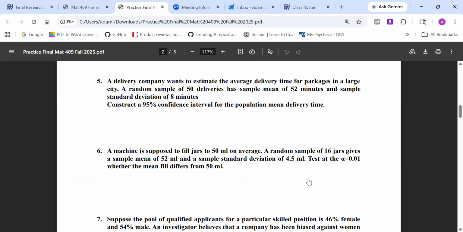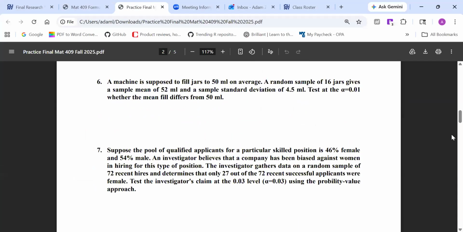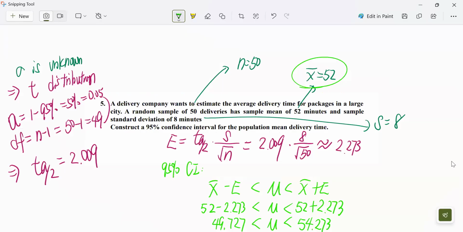Okay, let's go back to question 6. Professor, I have a question. Yeah, sure, Oscar. How do you create a greater than 99% confidence interval? 99% or more, sure. Yeah, using the same context, but it's 99%. The only difference will be the critical t-score will be different. Yeah, 99% confidence. And degree of freedom is still the same.